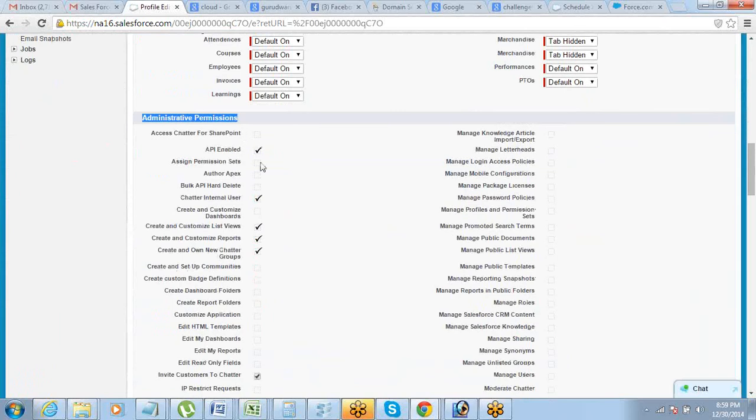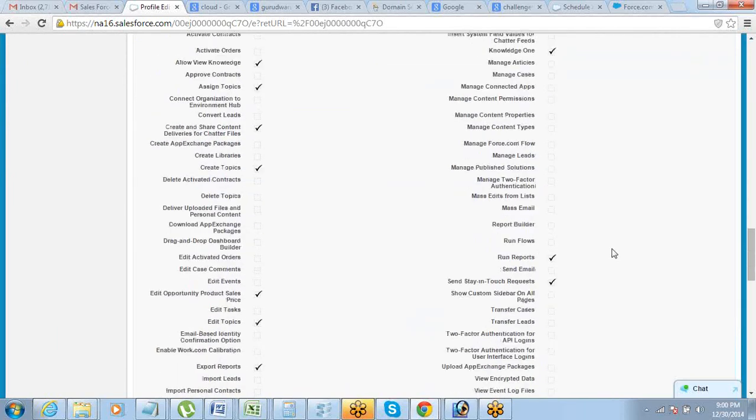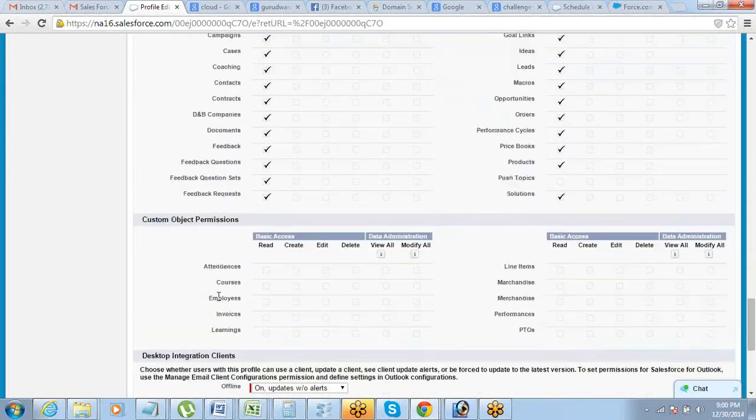Admin permission is grayed out, which means it is not editable on standard profile. General user permission is grayed out, not editable on standard profile. Standard object and custom object permissions are not editable. Fine, everyone is okay with profile?